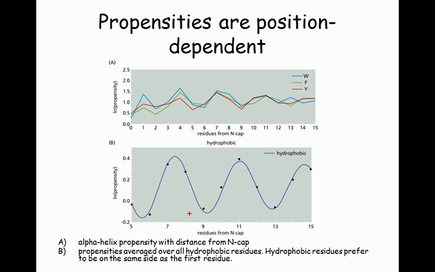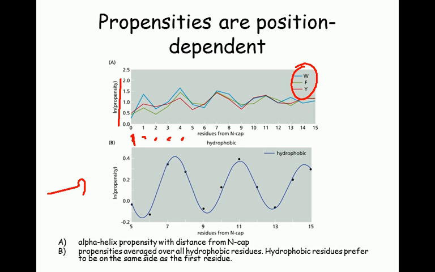So it's not enough to look at whether an amino acid is alanine. It's also important to see where that amino acid is. Right? So this example shows that if you look at the alpha helical propensities of these 3 amino acids and plot the